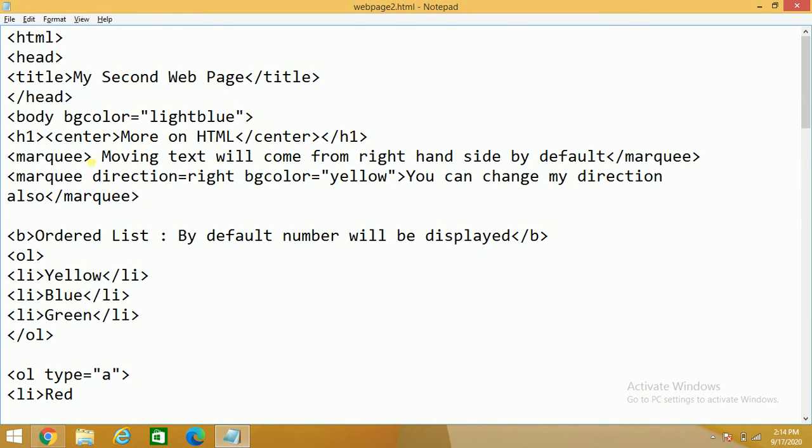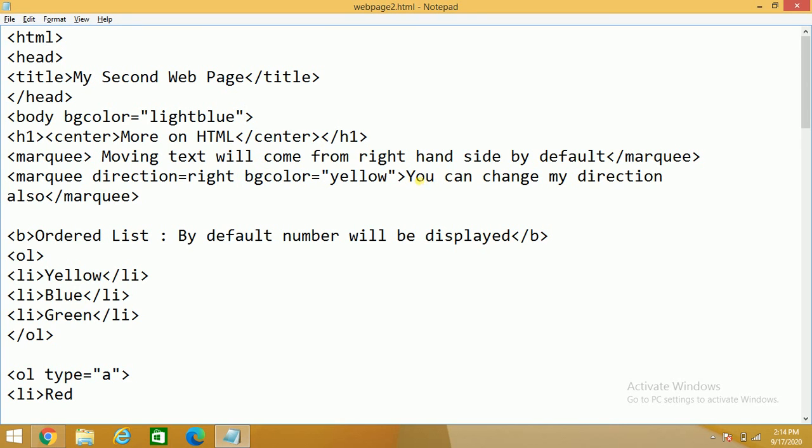Let's see how we can change the direction. If you write only text inside the marquee tag, तो आपका डेटा right side से आएगा screen के ऊपर. But if you write marquee direction right, means your data will come from this side onwards. And if you want to give some background color to your marquee, जो text आपका move कर रहा है उसका background color, for that you will again use the BG color yellow.